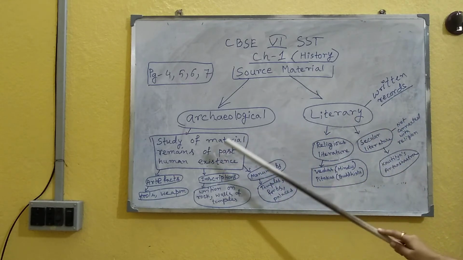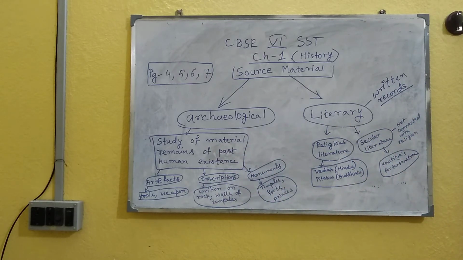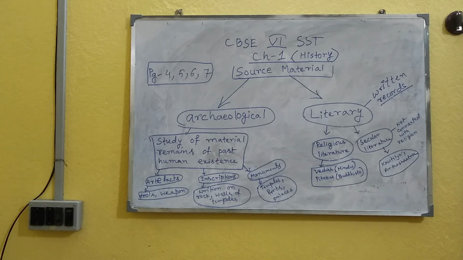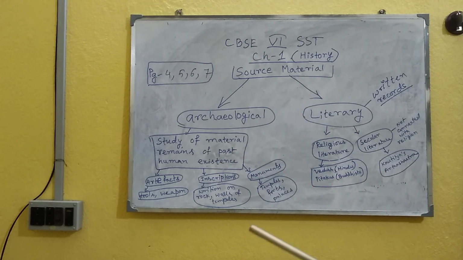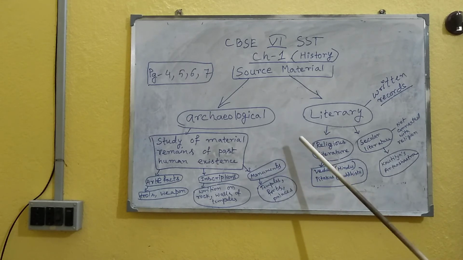So these two kinds of sources are giving us the main information of that historical period. So we can say that the historians are kind of investigators who are getting the information through these sources and giving us more and more news about that primitive time.